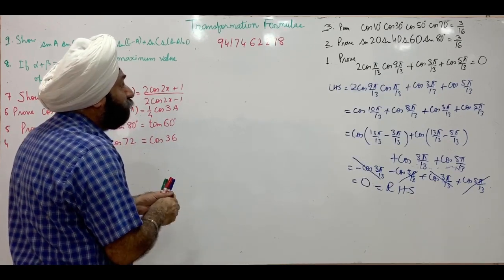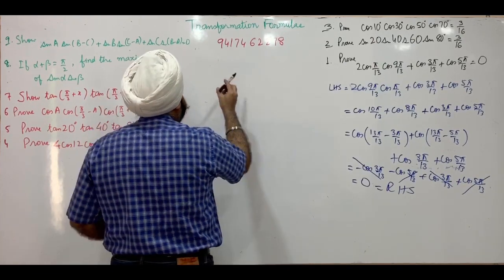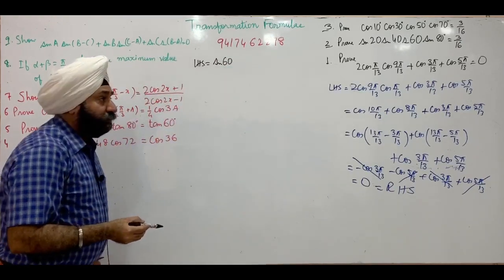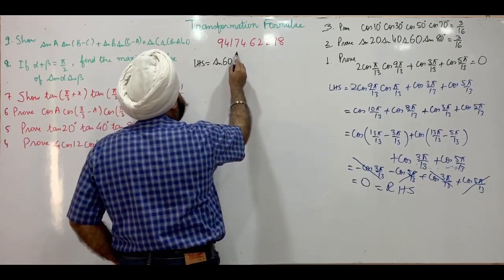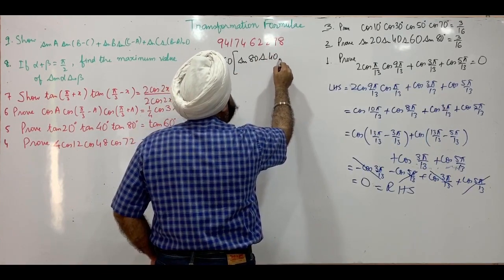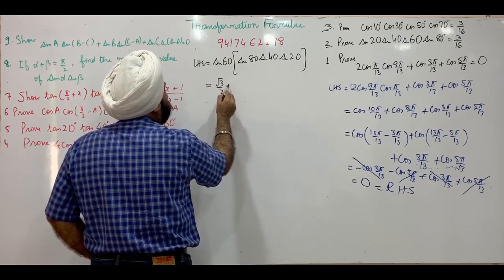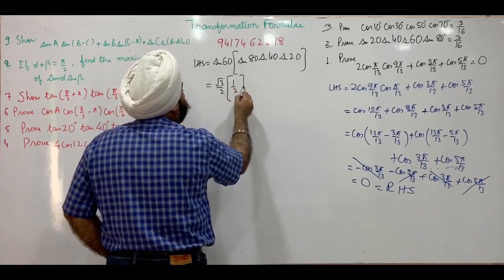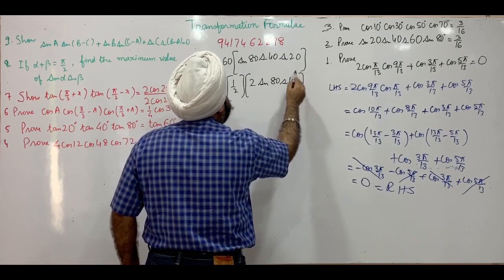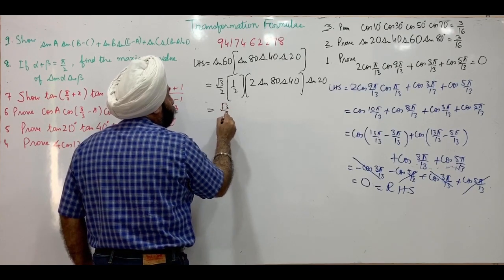The second question, we will rewrite the terms on the left hand side. So left hand side, I am writing sine of 60 first because we know the value of sine of 60. Then the descending order, sine of 80 into sine of 40 into sine of 20. This is root 3 by 2. This is into 1 by 2 divided by 2 multiplied by 2 into sine of 20. We'll combine these first. So that's root 3 by 4.